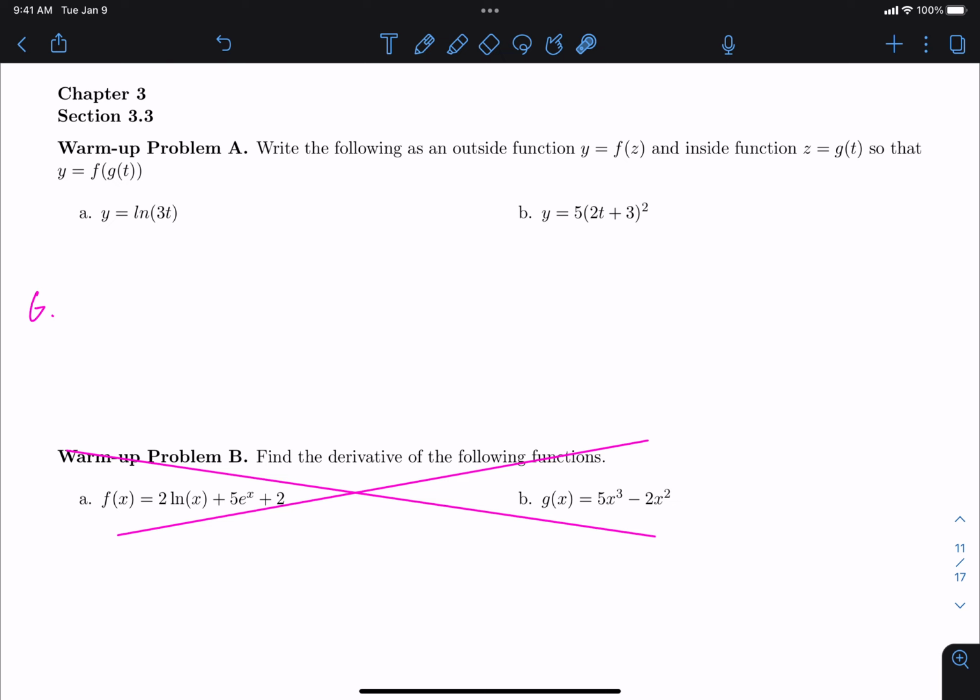That's it. Let's try to work on the second one. Exactly. So it's just whatever the inside function of g of t, because f of g of t, g of t is all of the inside. So the input should match whatever